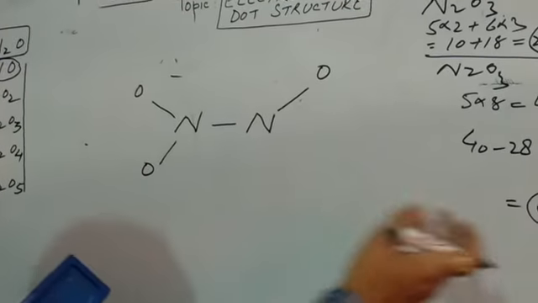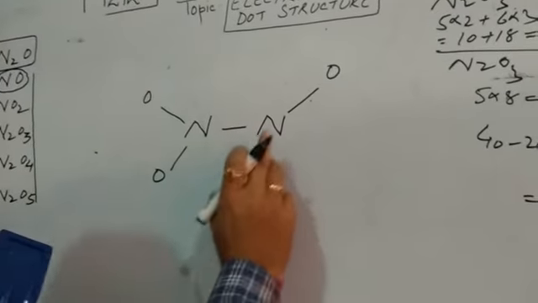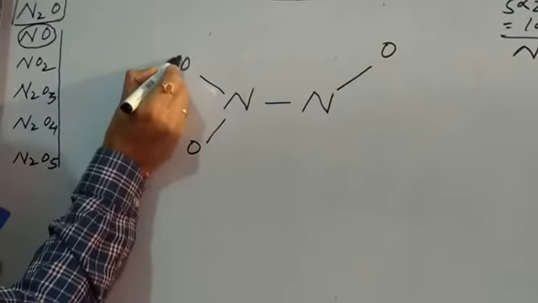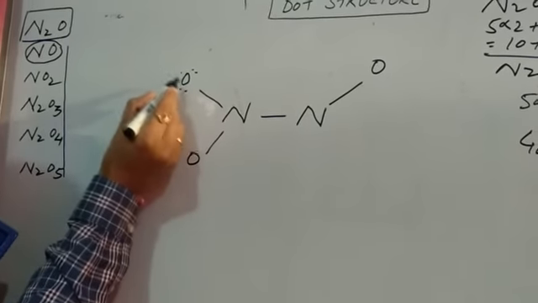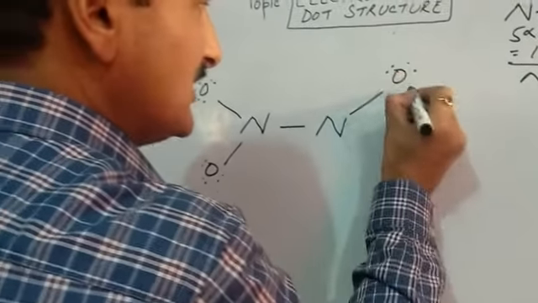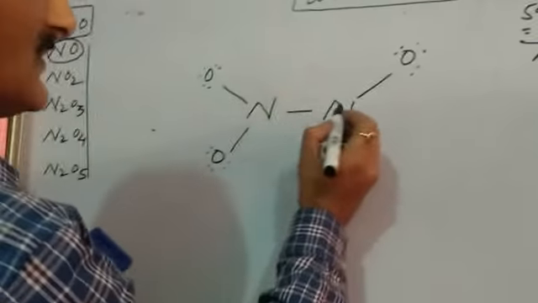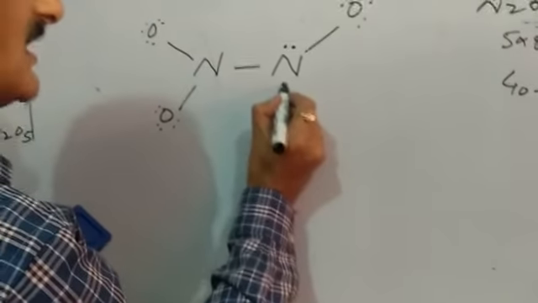So to have those 2 more bonds, let us complete their octet. And we will begin from where? We will begin from the terminal atoms. This is terminal, this is terminal, this is terminal. Now see, let us go to this first. 1, 2, 3, 4, 5, 6 and these 2. So it has completed its octet. Similarly here 2, 4, 6 and this 8. Now let us complete its octet. 6 and these 2, 8. Coming to this nitrogen now. This nitrogen had 2 plus 2, 4, 4 plus 2, 6 plus 2, 8.